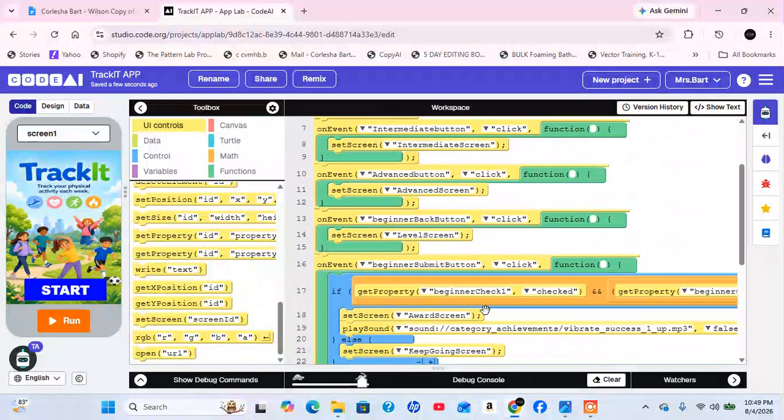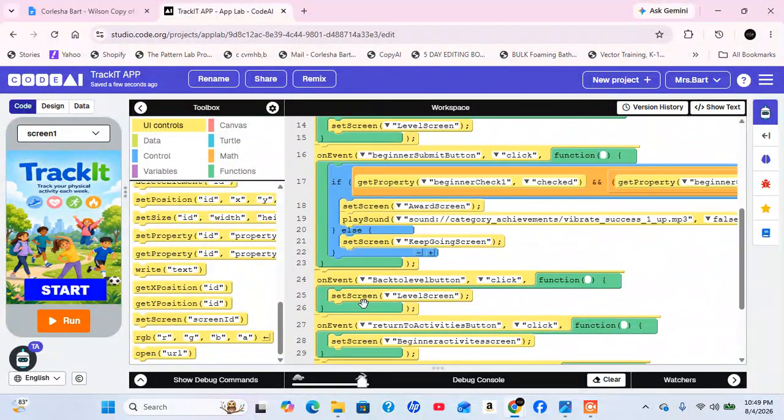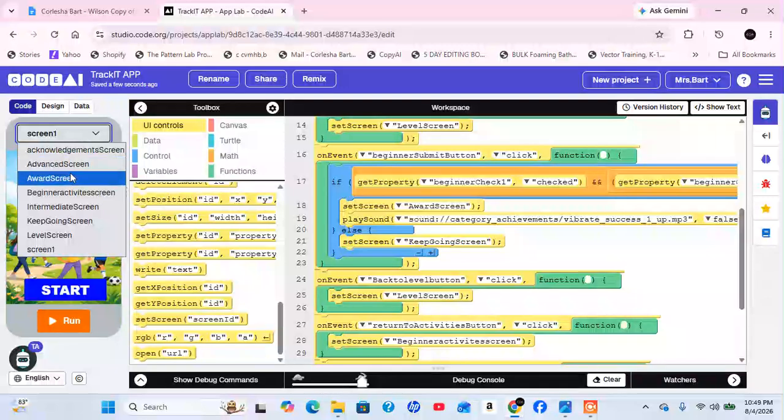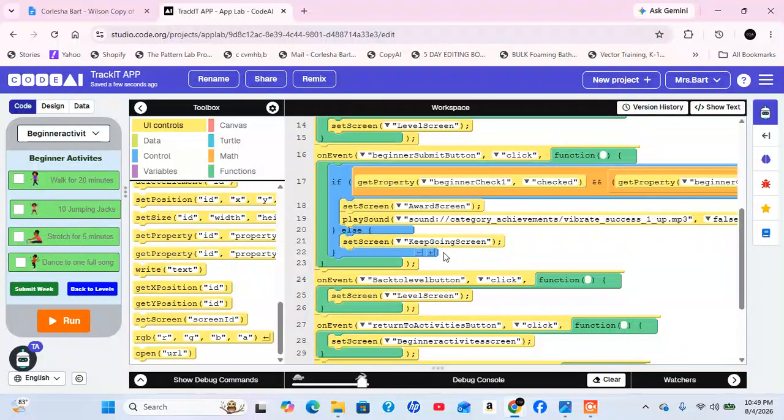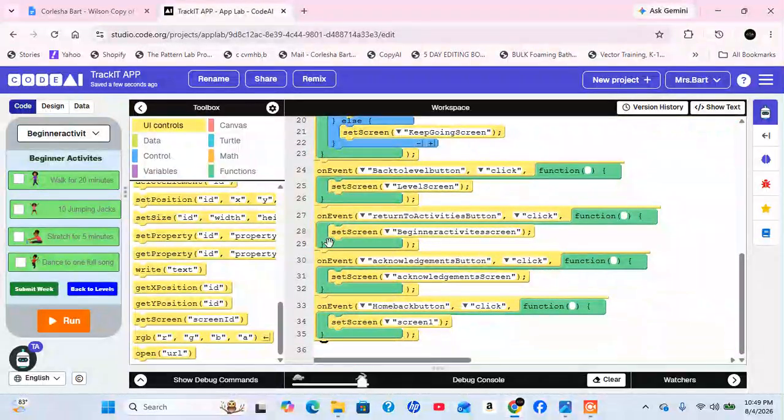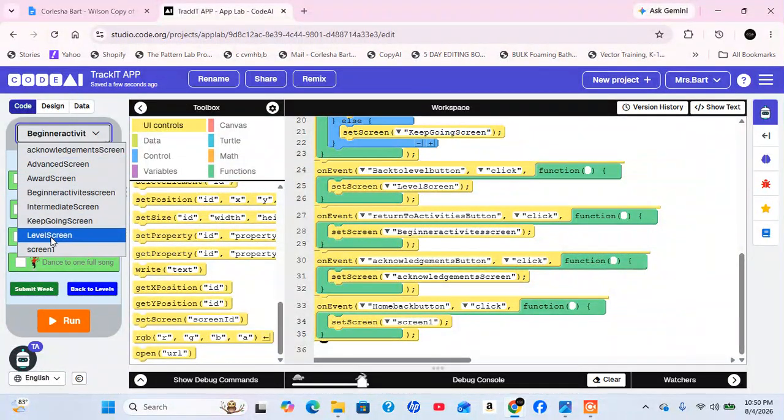All right. So once you add that, now we're going to go to, so once we add, let me see, the beginner activity screen. Next is on event, your back to level button. Set screen to level screen. You want them to go back to the level screen. Then we're going to go to return to activities. So if they want to the level screen,